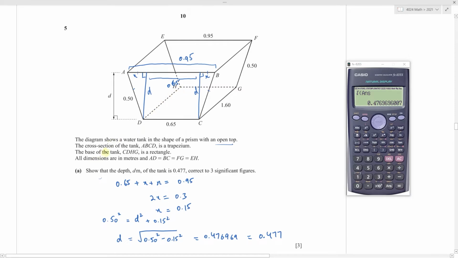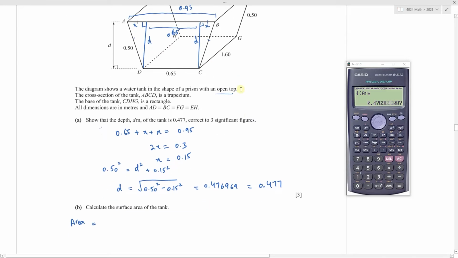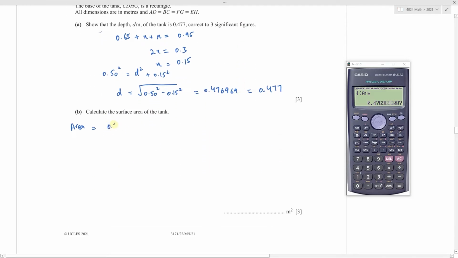The bottom, you're given, is a rectangle. The base of the tank is a rectangle. So the area of the base is this side multiplied by this side, which is 0.65 multiplied by 1.60, plus,